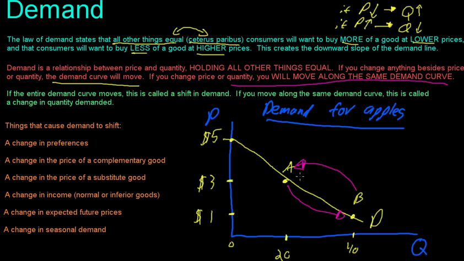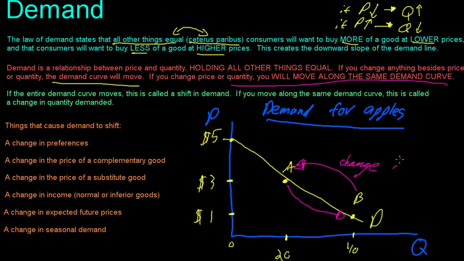So again, this is just showing the relationship between price and quantity. Okay, so another thing, and I already said this, is that if the entire demand curve moves, this is called a shift in demand. And if you move along the same demand curve, this is called a change in quantity demanded. So from point B to point A,